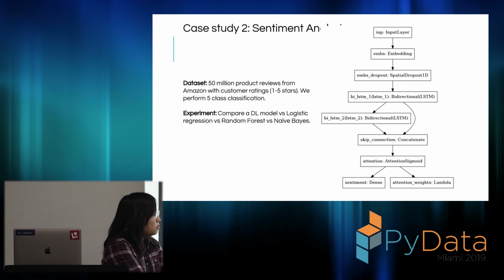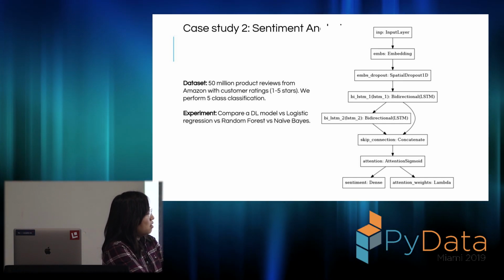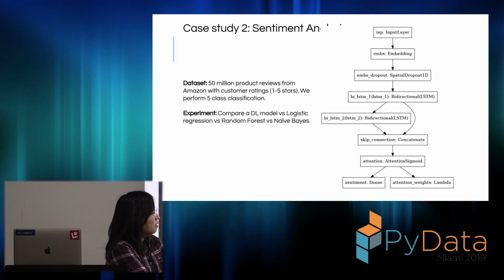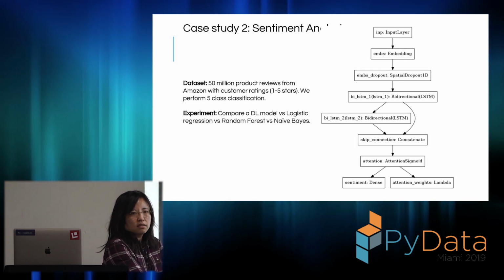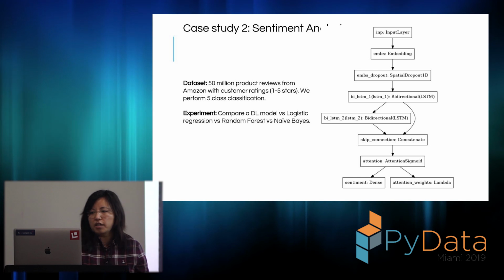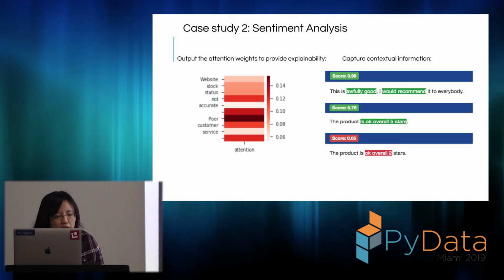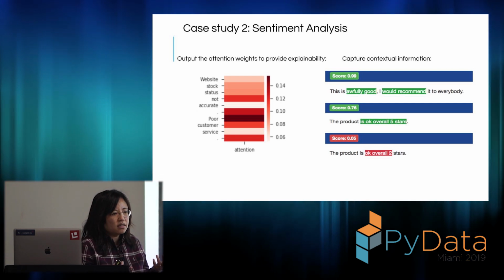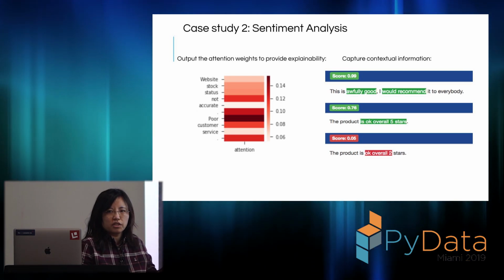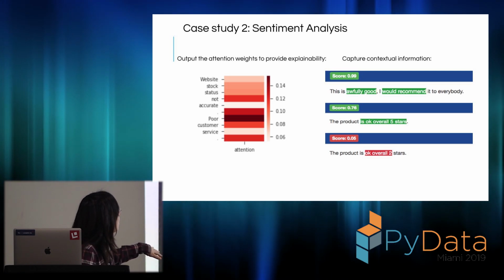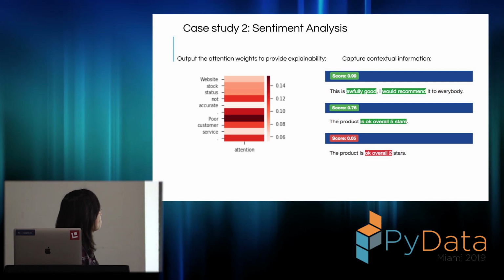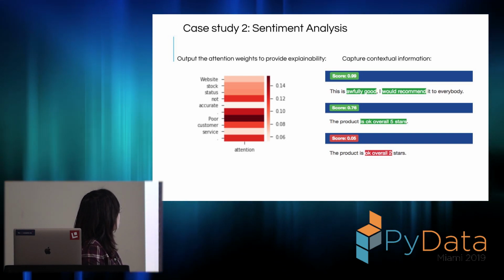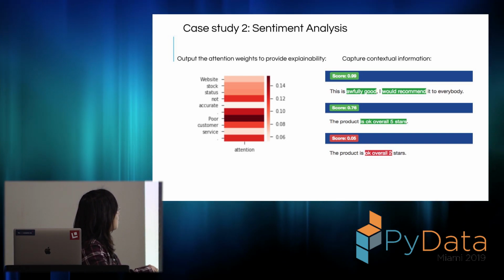One extra thing we do is that we don't just output one thing. The sentiment is one output. The other output is the attention weights. If you output the attention weights, a benefit you get is that the attention layer basically tells you why certain words are important for certain predictions. So if you extract the attention weights out and then do some coloring on top of it, it can show you why this is a bad sentiment.